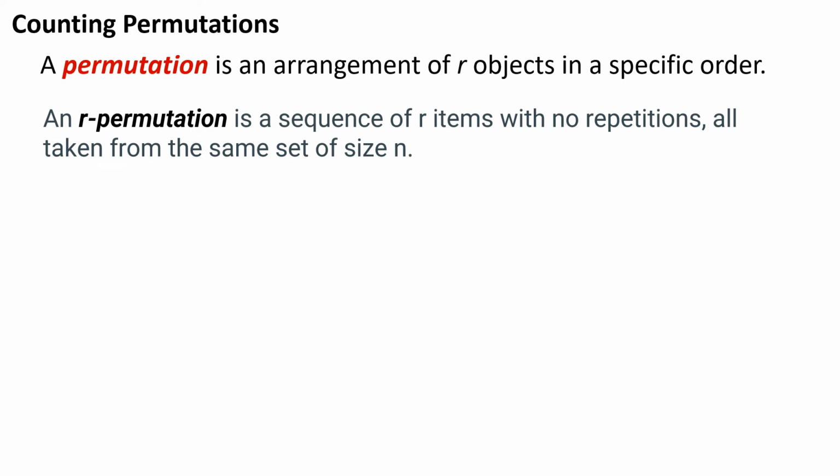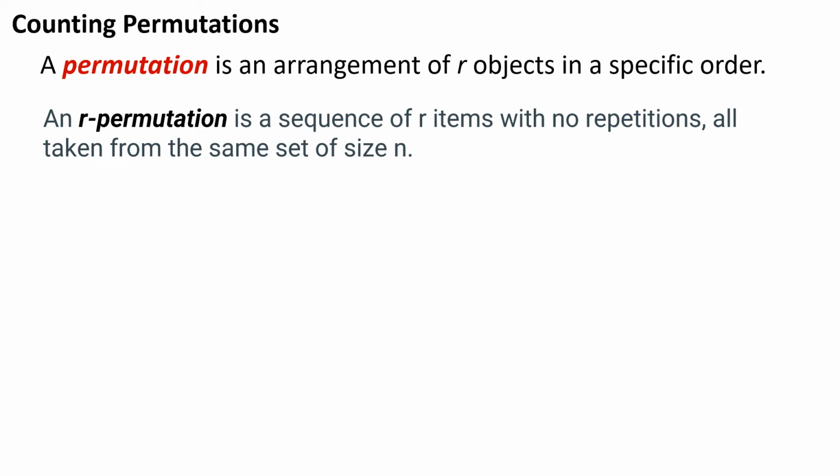Because if I have 5 people and I put them in a certain order, one person's not going to be in line first and then at the end also. There's only one place, okay? So if you think about it as physical objects, there's no way there's repetitions. You're just taking a certain number of objects and putting them in a certain order. And this goes on to say that